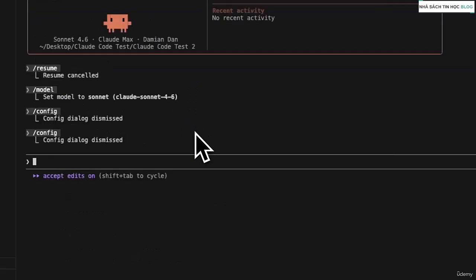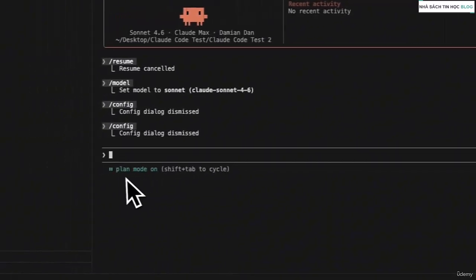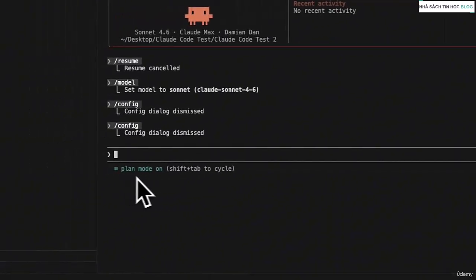Now, by default, Claude Code will ask you permission before doing pretty much anything like editing files, running commands, using tools. So if you want to change that behavior, you can press Shift plus Tab on your keyboard. As you can see, it changed to plan mode on. Press Shift plus Tab again, and you can see accept edits on.